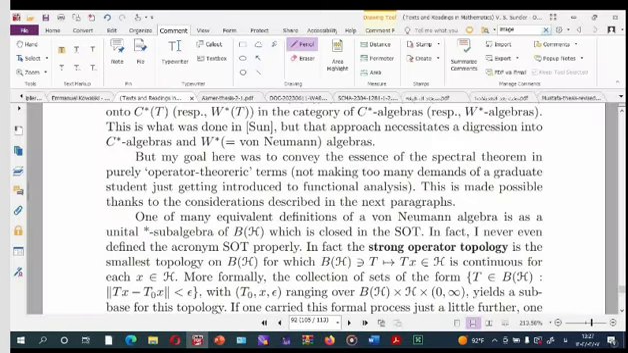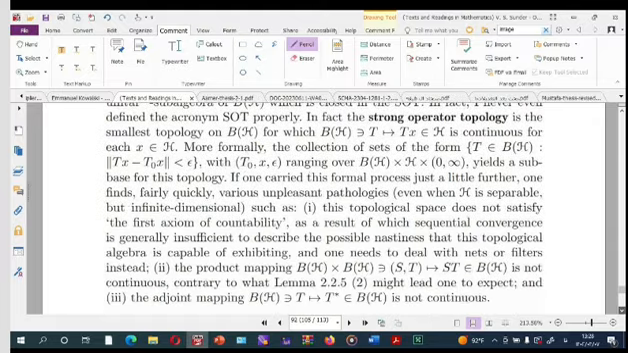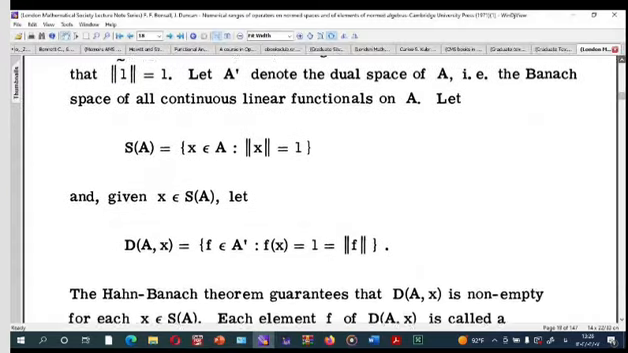please understand this definition for von Neumann algebra, and this is the definition of the strong operator topology that we recall again for you, and also prepare a basis for this topology. And the other definition is this. It is very